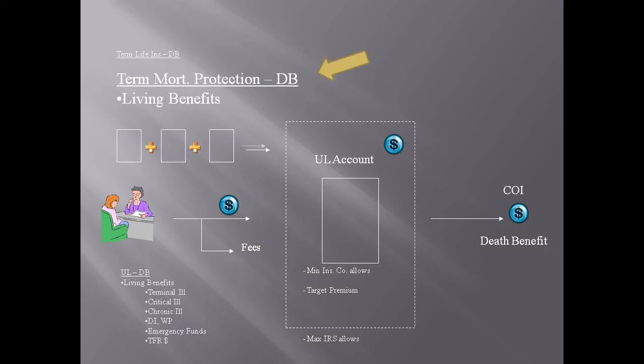Then there is the mortgage protection term. These policies typically have no medical exam, and because of that, the underwriting process is quick. In addition, you can add some living benefits, such as disability income, waiver premium, and critical illness. Also, return of premium is available in many mortgage protection term policies, where at the end of the guaranteed premium period, the client receives all or most of their paid-in premiums tax-free.